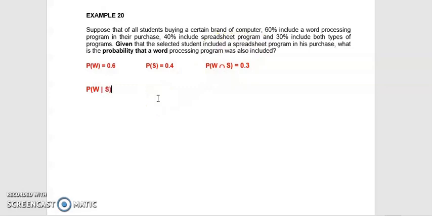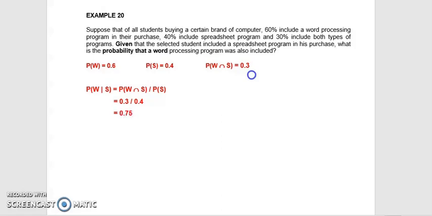So W given S. Probability of W given S is equal to probability of W intersect S divided by the condition. Now the condition is S, so divided by probability of S. Then substitute the value. Probability of W intersect S is 0.3 divided by probability of S, 0.4. So the probability is